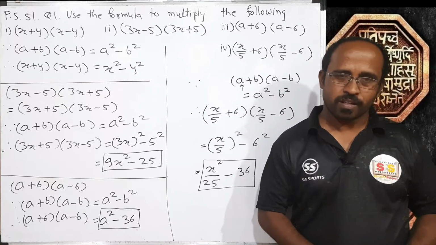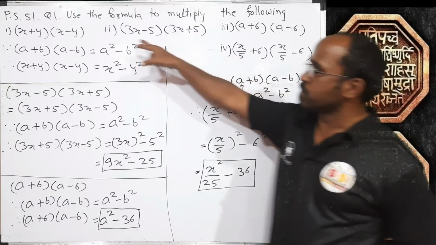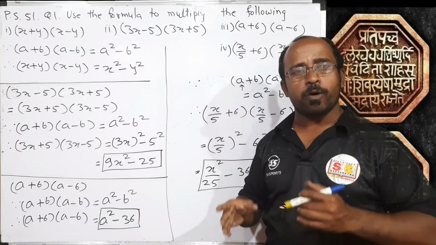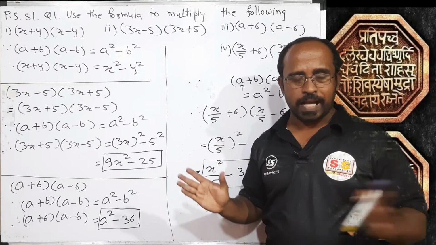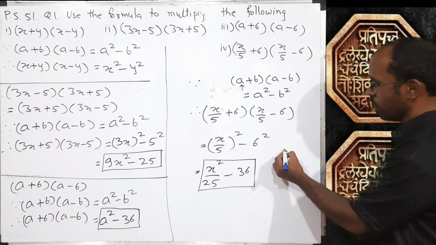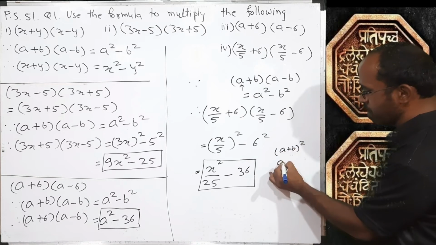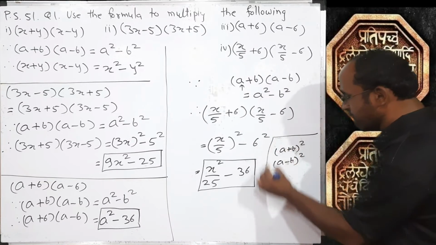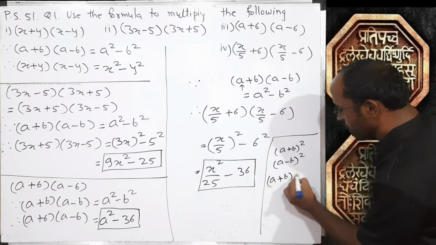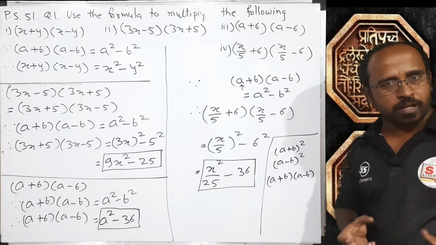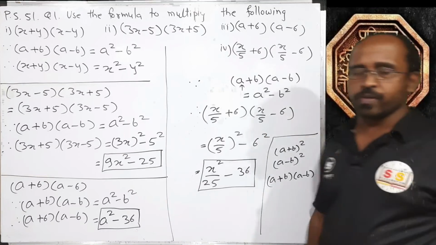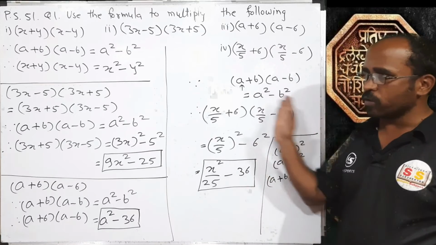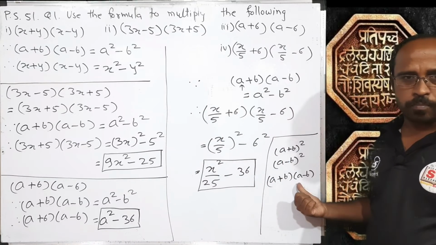Got it, students? Okay. Now students, as we have used this formula to multiply two terms, we can use the formula to multiply two bigger numbers also. As in the previous examples, we used the formula of a plus b square and a minus b square to find out the square of bigger numbers. Similarly, we can use the formula of a plus b into a minus b to multiply two bigger numbers, right? So this kind of examples we are going to see ahead. So please take the screenshot of this, as I am going to rub it and we are going to solve this kind of numerical problem.